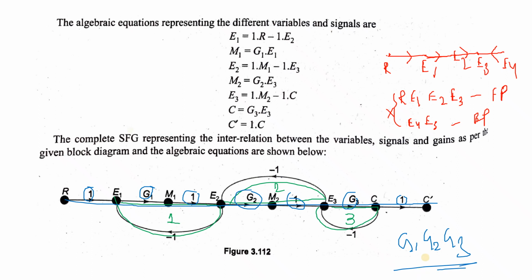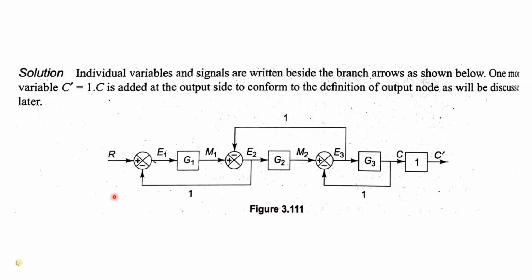So have you understood the forward path gain? This one, G1, G2, G3. Okay. So this is one forward path, and whatever the gains are on this path, because every branch has a gain, as I have told you. One forward path is there in this case. There can be more than one forward path. The overall gain of the forward path will be the product of all the gains in the branches which make up the forward path. You have to multiply all the gains of the branches.